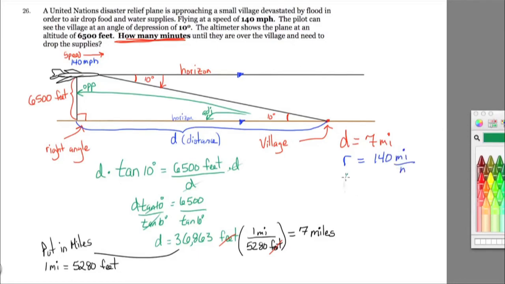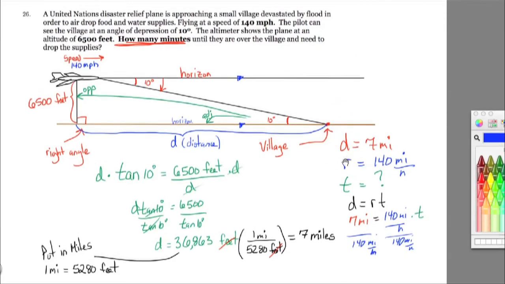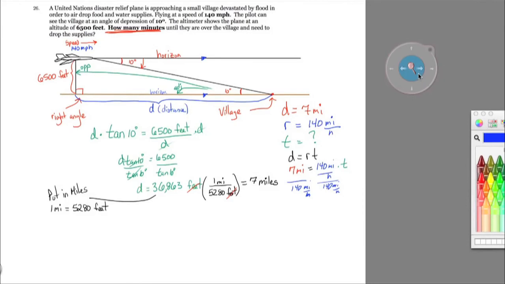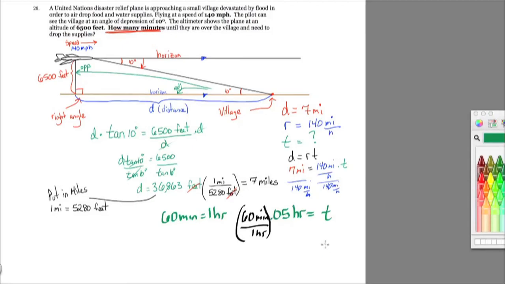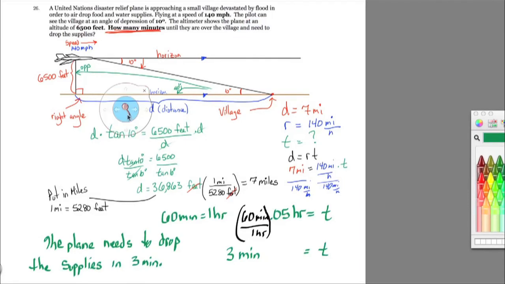If it's traveling at 140 miles per hour and the distance is 7 miles, well, distance equals rate times time. Substitute my knowns, 7 miles and 140 miles per hour, and divide both sides by 140 to solve for t. 7 divided by 140 is a small number. Well, it doesn't take very long traveling at this speed, 0.05 hours. There are 60 minutes in 1 hour, so why don't we go ahead and multiply this times the unit conversion, and we will get 3 minutes. So it's only going to take 3 minutes for the plane to drop the